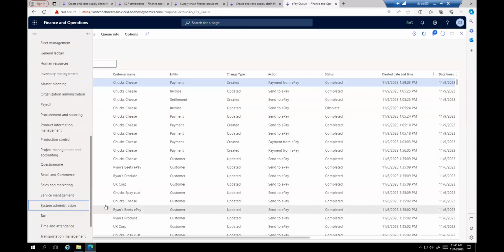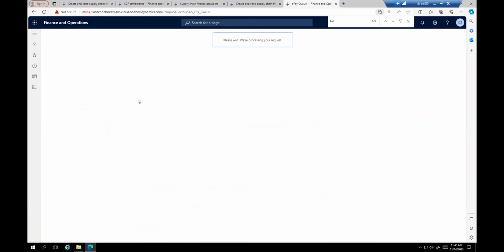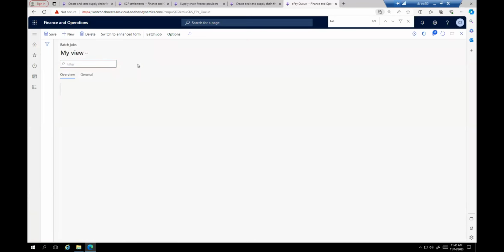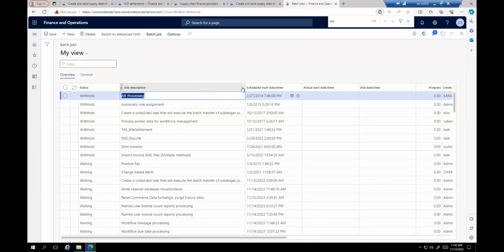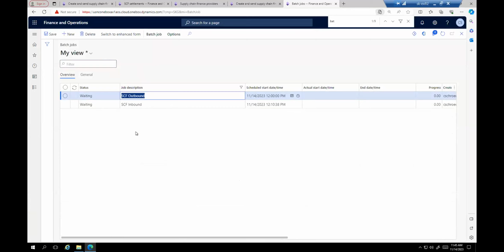And we'll go to sysadmin and we'll pull up the batch job here one more time. And again, this batch job is running on a regular basis. It can pull the files from your provider into Bank Fabric.